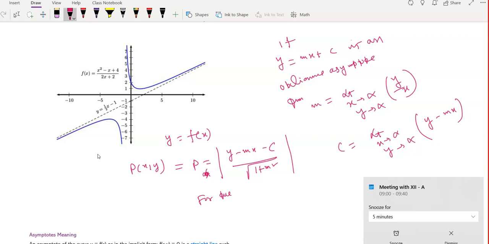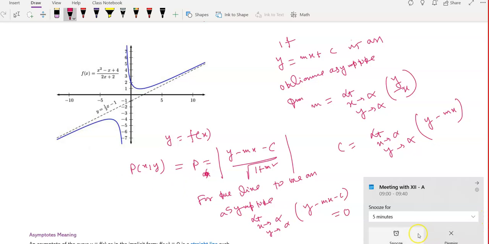For the line to be an asymptote, this distance will be tending to 0, as x tends to infinity, isn't it? So this implies